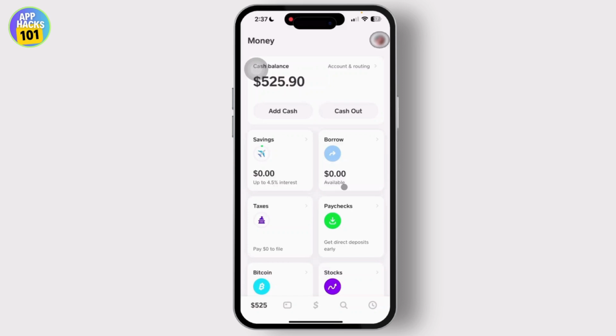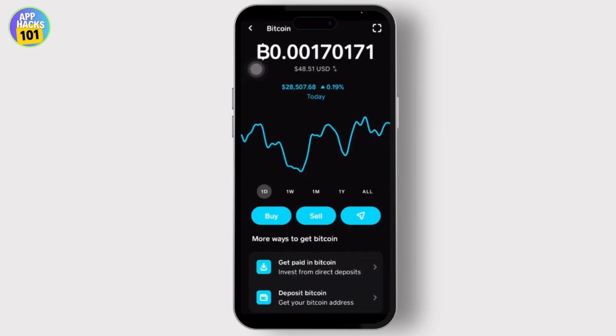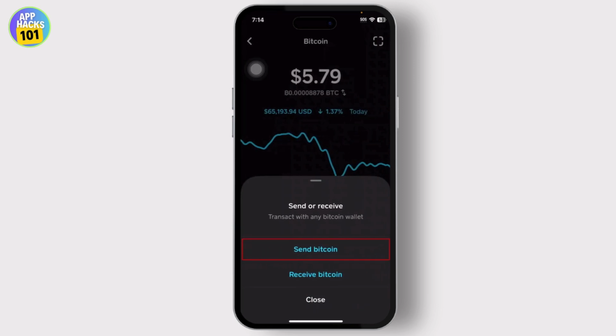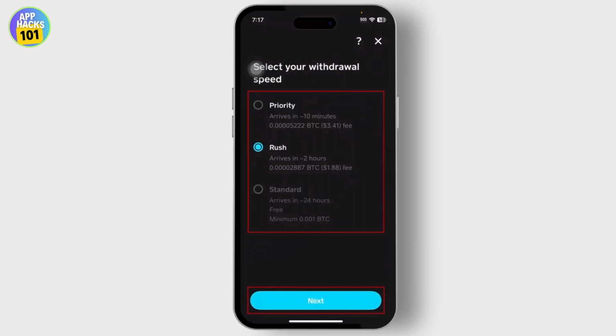After you're here, tap on the Bitcoin option, and after you tap on Bitcoin, you'll get redirected to your Bitcoin page. After you're here, check your balance, make sure that you have enough balance so you can transfer. After you do that, tap on share, that is right beside buy, sell and share. Tap on it, and after you tap on it, just select send Bitcoin, and after you tap on send Bitcoin,